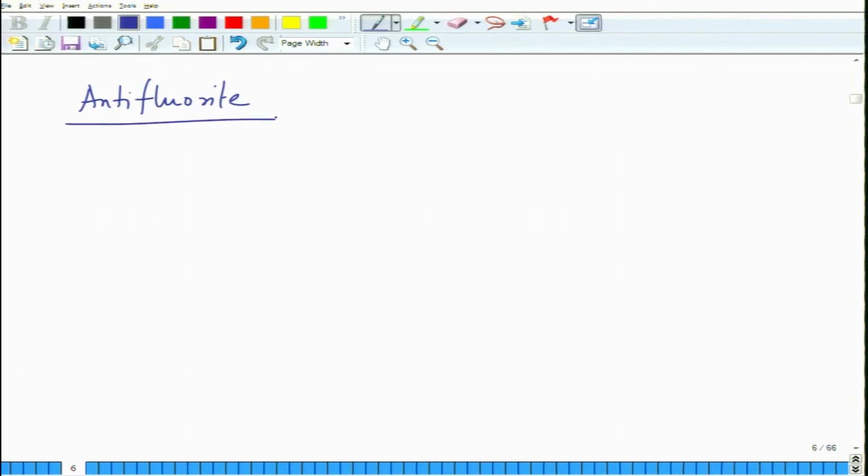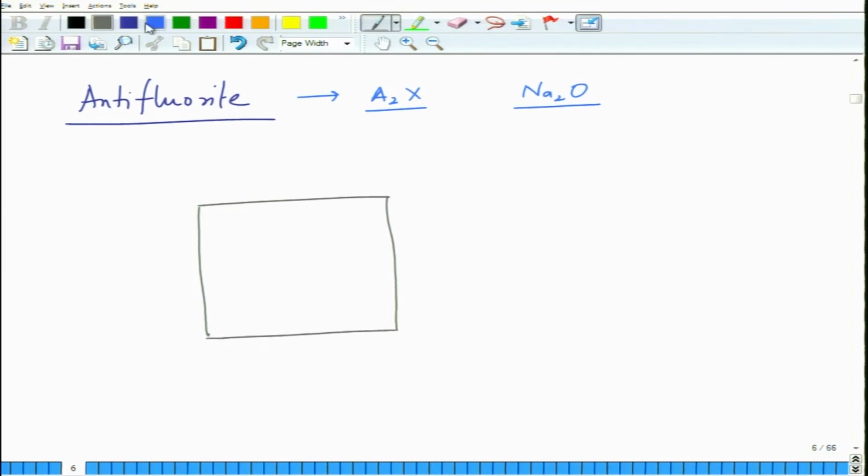So, I am just going to draw a top view there. So, antifluorite is basically, if CaF2 was AX2, this becomes A2X, okay, things like Na2O. These follow this structure which is opposite to what we saw there. So, if you have a unit cell, I am just going to draw a top view, right, 3D you can work out yourself, which we have drawn in case of the previous. So, in this case now,